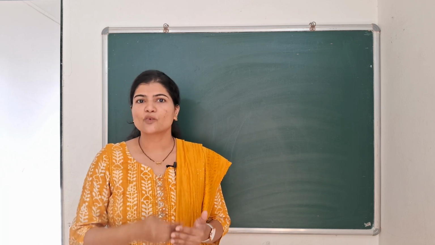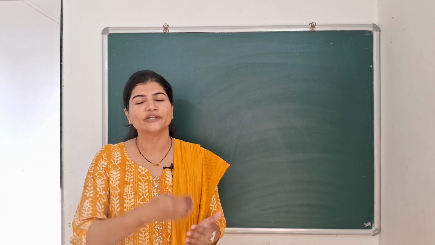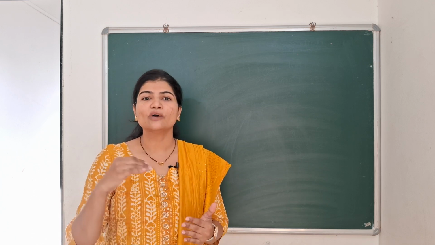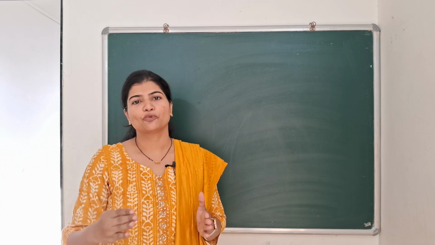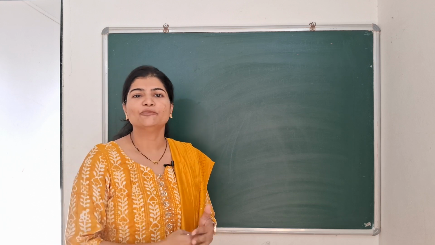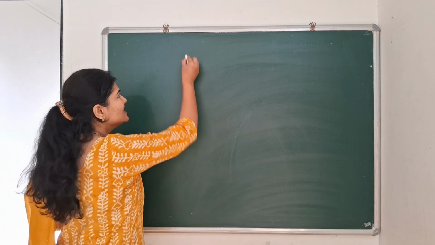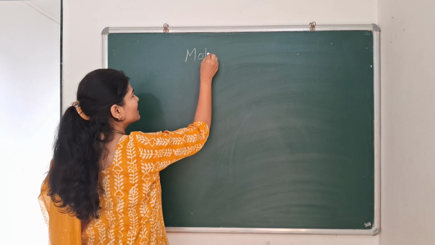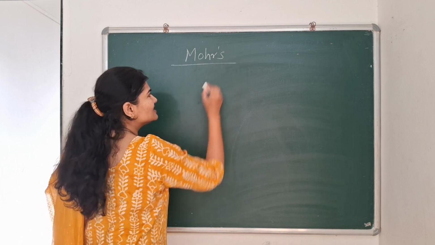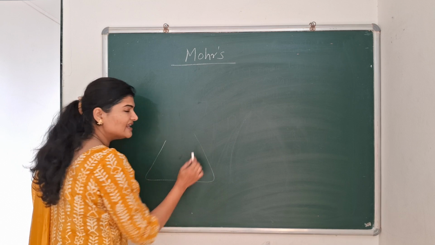So let's now discuss one by one what these methods are, how they work, and how they are going to tell us that the endpoint is reached. Let's start with Mohr's method of endpoint detection. Now, Mohr's method is also referred to as a direct method of titration. When we say it is a direct method, what we mean is our analyte is going to